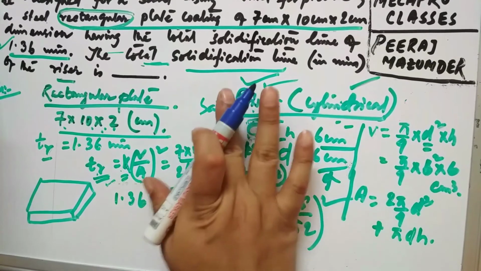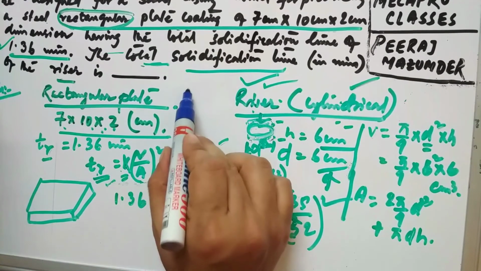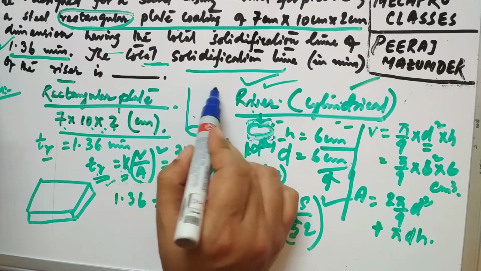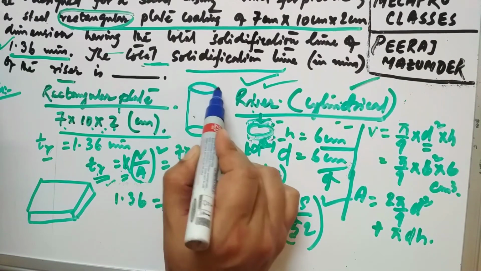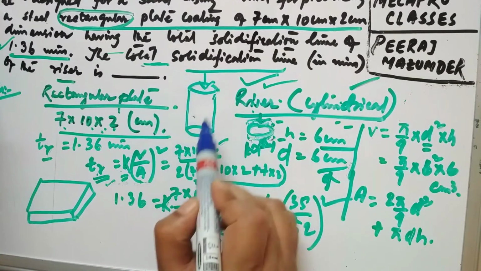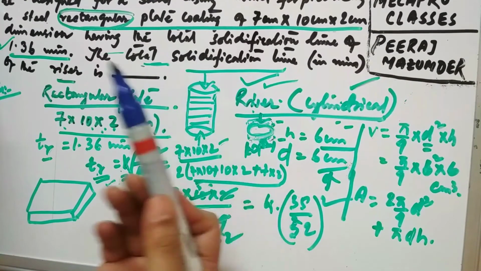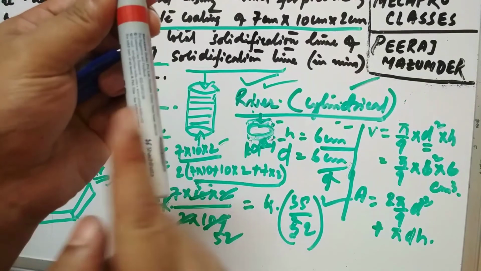I think you can understand. So simply you can see this is the cylinder. Okay, so you can see we have the top surface, this is the bottom surface, and this surface also, this surface, this surface.